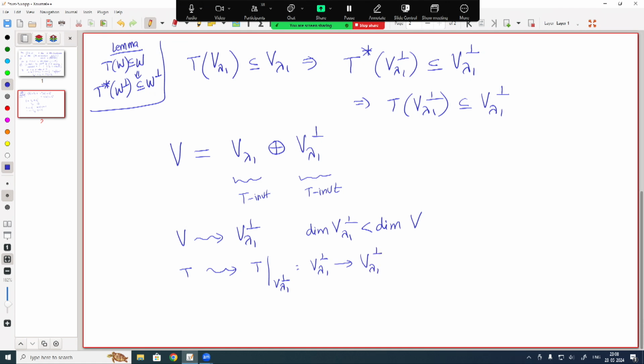Okay. So, I replace my vector space by a smaller vector space, my operator by a different operator. Question is, is this operator still self adjoint? So, claim is that the restriction of T to V lambda 1 perp is still self adjoint. T star will be invariant under, meaning V lambda 1 will be invariant under T star, so it has to be. Okay, wonderful. So, observe that T star is that unique operator which satisfies the inner product equation,